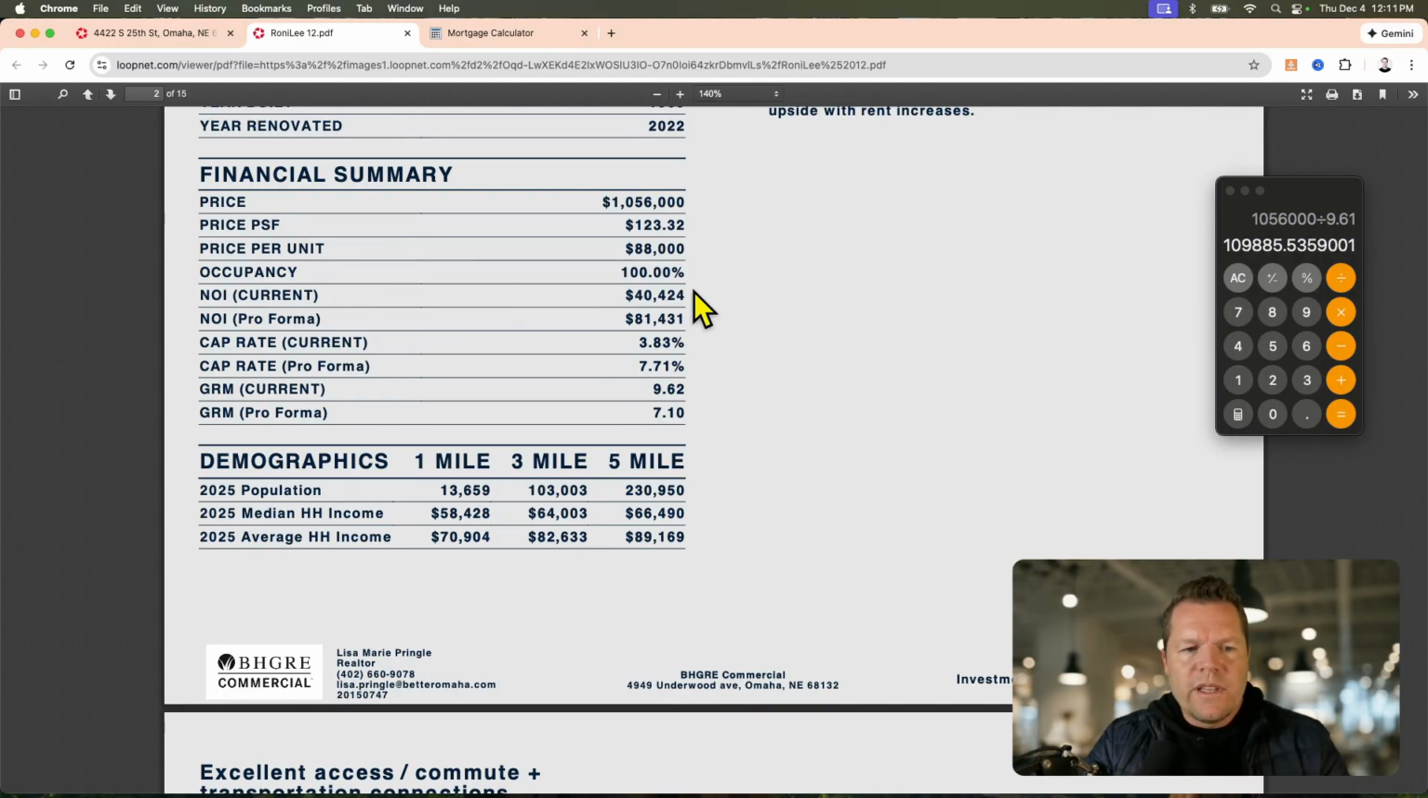So with the 40,000 of current net operating income, it puts our cap rate at 3.83, which is pretty bad. You don't really want to entertain things that are that low of a cap rate unless this is the most amazing brand new multifamily you've seen. This is for properties that are high level class A luxury, nice that you don't have to do anything to. So the way that cap rate works here,